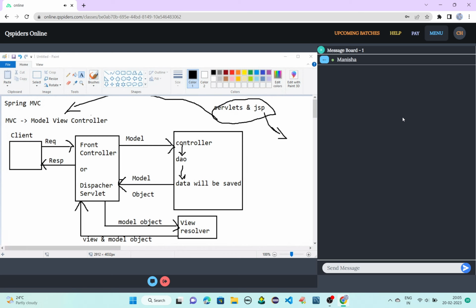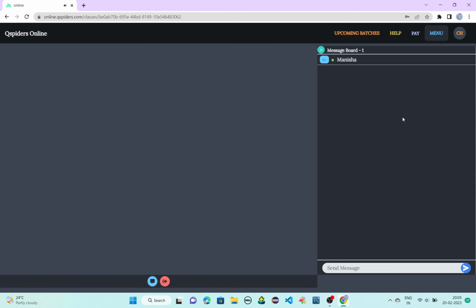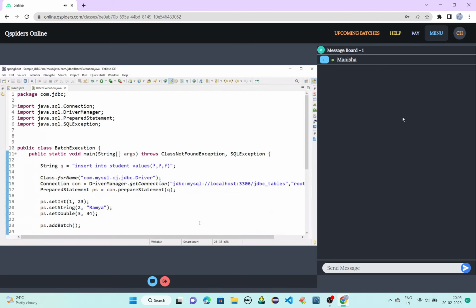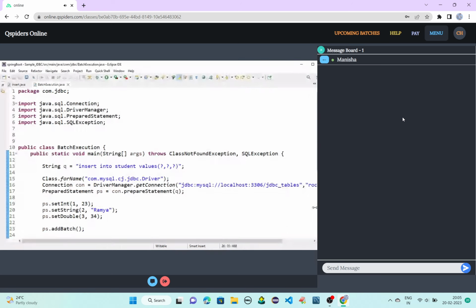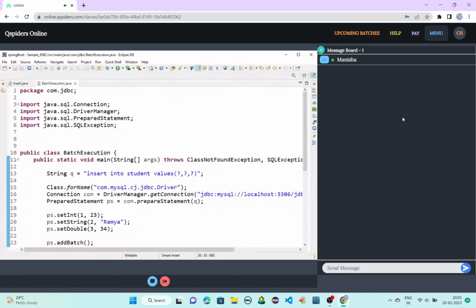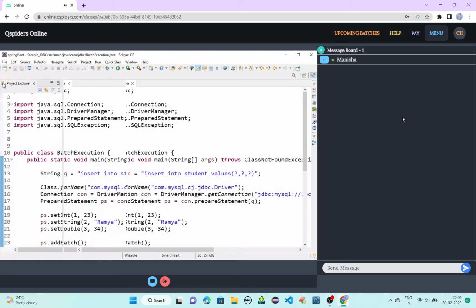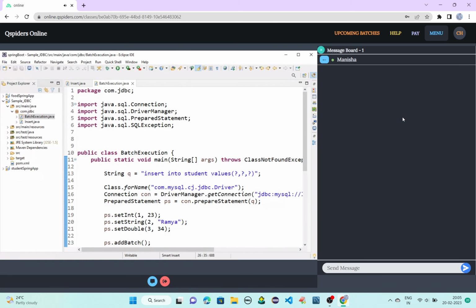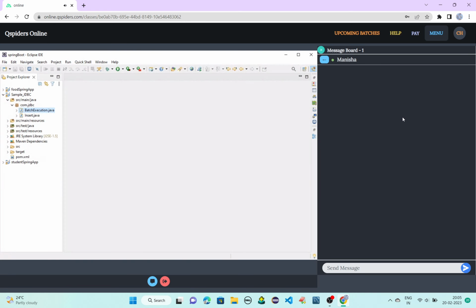Fine. So I'll go back to my Eclipse. Whatever terminologies I have used here, I'll be using the same things in the example also. Just listen, concentrate, okay? So what I will do, I'll create a project. You know, right, for servlet based applications, how the project should be created.